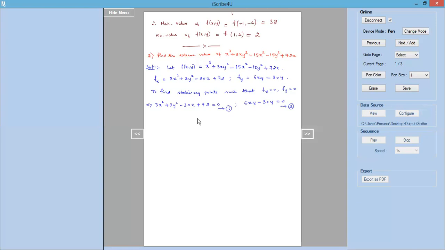So what I mean to say is, in equation 2, we observe that it is the simplest one. We are able to solve for x and y from equation 2. We get a value of x and y from that. So we take those values of x and y and substitute into equation 1, solve equation 1 to obtain another set of points. So this is how we can obtain the stationary points in this problem. I'll just solve that first.